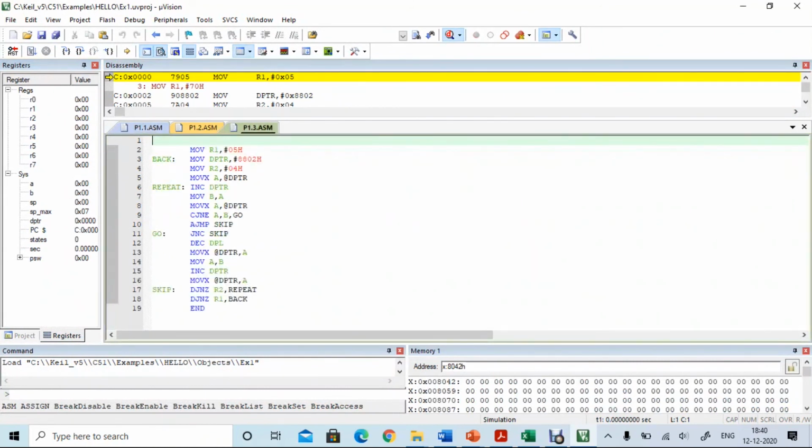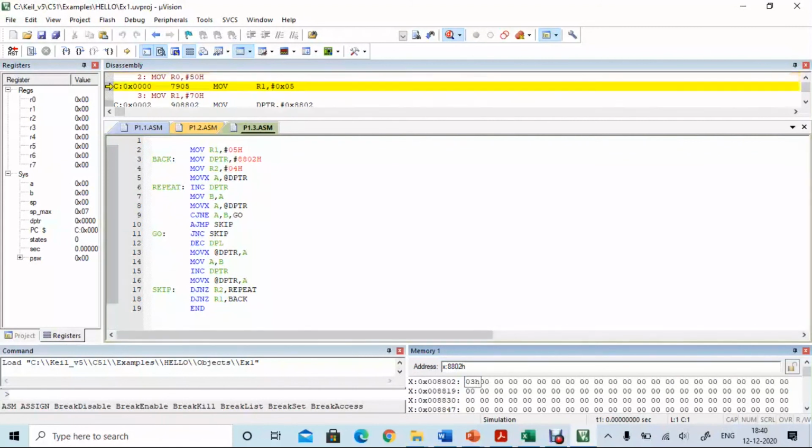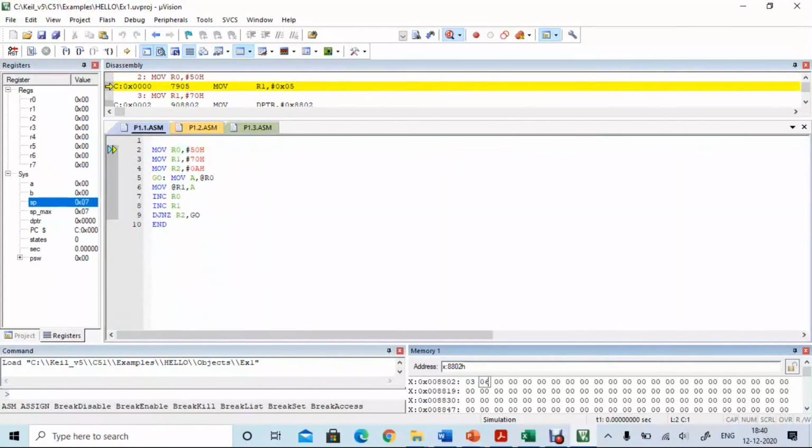So in the program we have the memory location 8802. So give that address in the address bar, 8802, and press enter and type the numbers into the memory locations. So random numbers you can give, since we are finding the numbers and arranging them in ascending order.